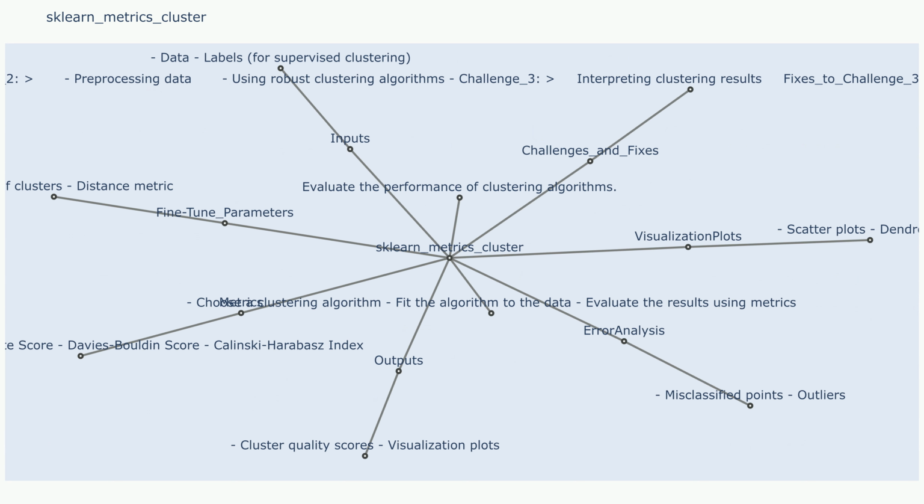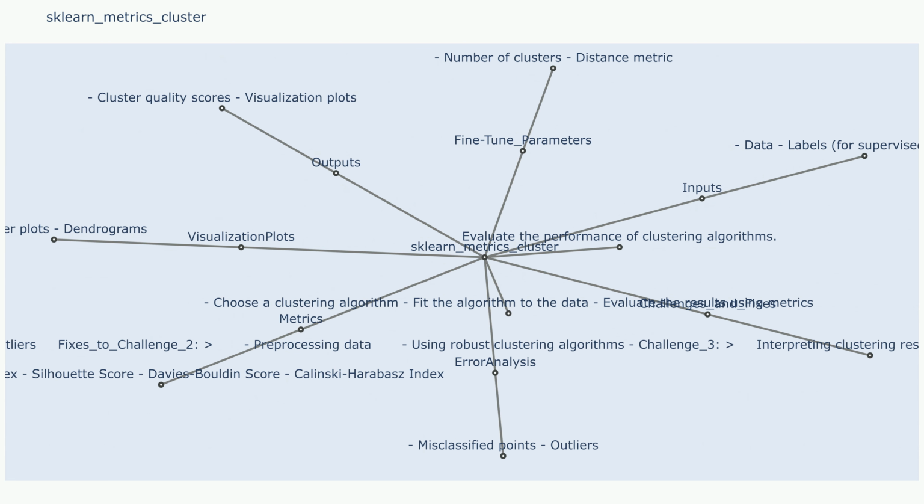Fixes to challenge 1. Use domain expertise or prior knowledge to guide the selection of k. Experiment with different clustering algorithms and their sensitivity to k. Employ techniques like gap statistic or silhouette analysis for more robust estimation.